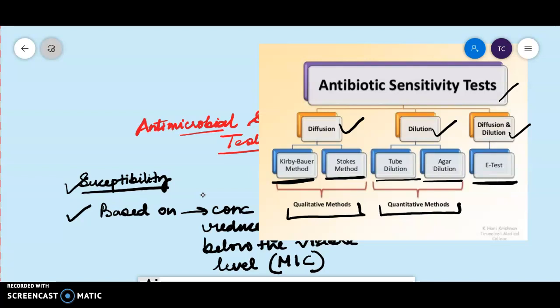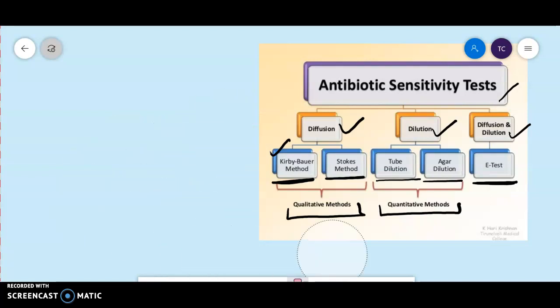So here we will be basically focusing, as we don't have all the different things in your syllabus, you only have Kirby-Bauer method in your syllabus, so I will first focus on your Kirby-Bauer method. So let's discuss the Kirby-Bauer method. Kirby-Bauer agar diffusion method provides a qualitative test, which I have already discussed. The results are interpretative of the following thing. It tells us whether a microorganism is susceptible,